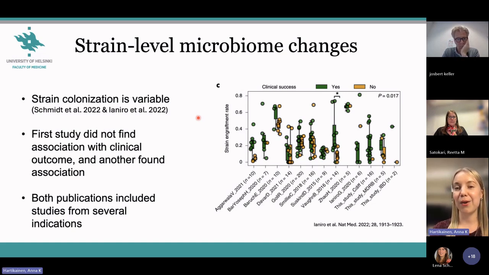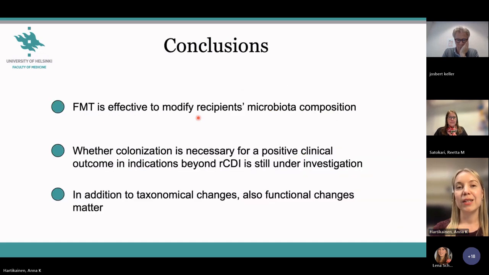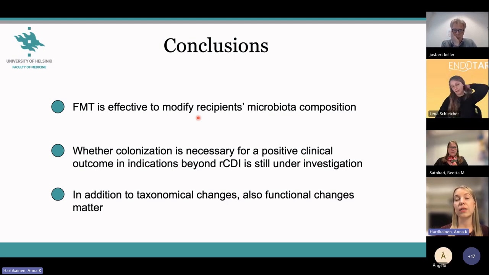So I think there are still questions to be asked whether the strain level engraftment has a connection with the clinical outcomes. As a conclusion, FMT is effective to modify the recipient's microbiota composition. Of course, the level of engraftment may vary between the different indications, and whether the colonization is necessary for a positive clinical outcome in indications beyond recurrent C. difficile infection is still under investigation. And as I mentioned, in addition to the taxonomical changes, the functional changes also matter, and they should be studied further, and also different components